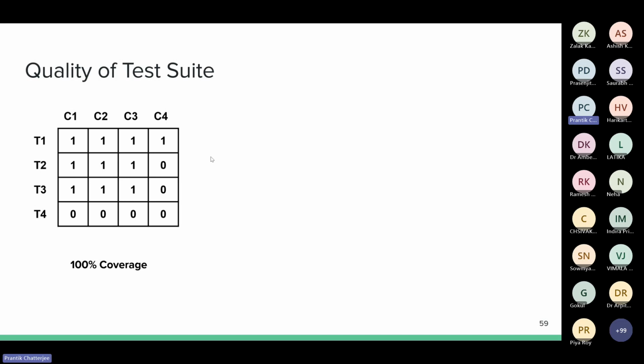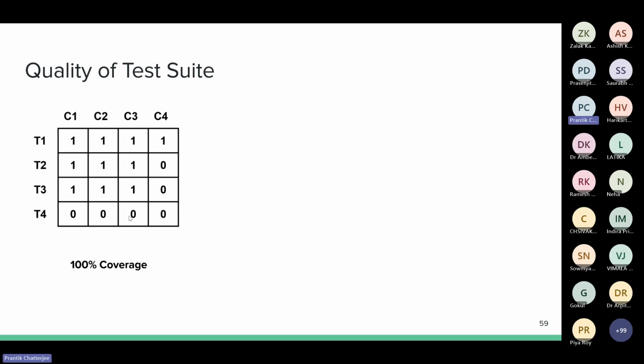Okay, so earlier we had talked about employing evolutionary search to generate test suites, right? And we had also talked about coverage and how increasing coverage is a good goal to strive towards. Increasing coverage is definitely a good goal if you want to know all the behaviors of the program. But is this the right metric if you want to perform fault localization? So let's try to answer this question.